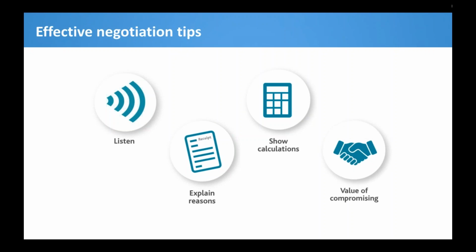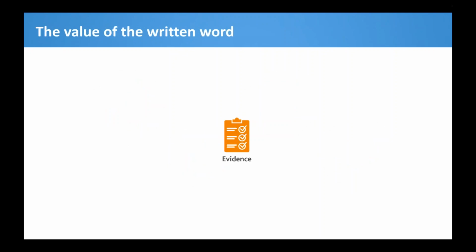And I think finally, just be aware of compromise. It's really important to try and reach compromise. Say you've got a claim for £300, and your tenants think it should be 200. To argue over £100, in terms of the hassle factor involved, the work you've got to do to go through to arbitration, it just might be worthwhile reaching an amicable solution, and just be aware of that so that everybody can sort of move on. But the key bit that will support any claim is about the written word, and it's